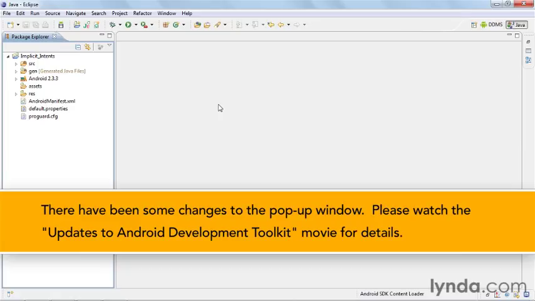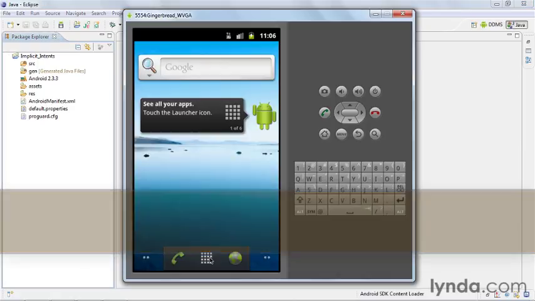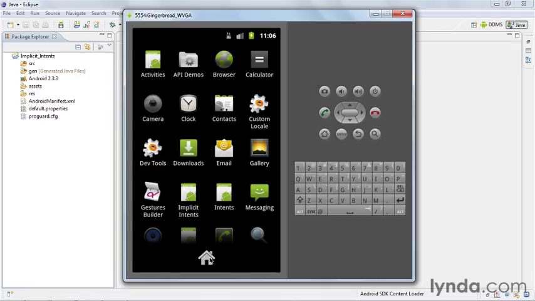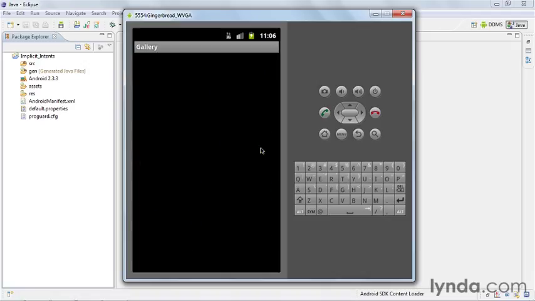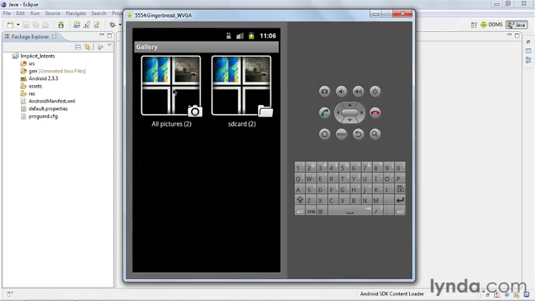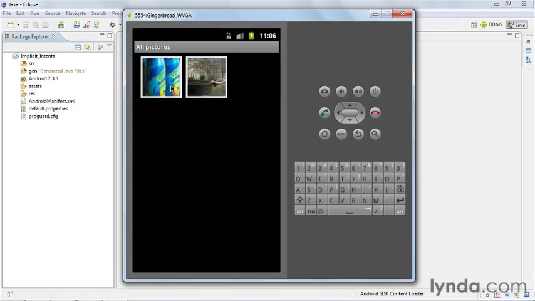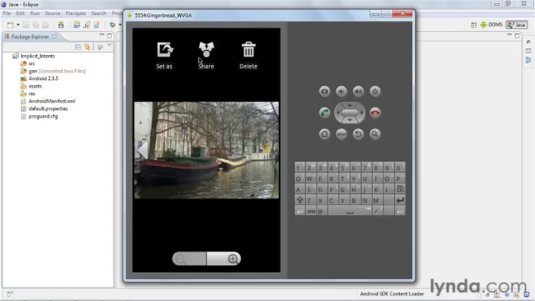So let's go to the emulator, and we're going to launch the gallery application here, which is basically the tool that you use to view the photos that are on your phone. So I'll click gallery, and I have a couple of pictures on there already. And let's say I choose this photo. We can see up here we have this button called share. Well, this allows you